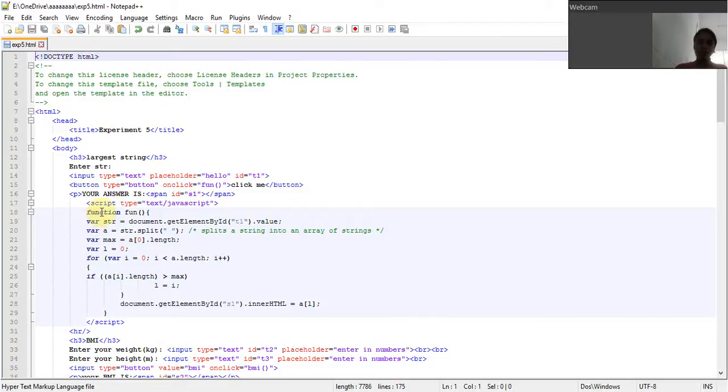The syntax for writing a function is the keyword function and then the function name. In the function, I first get the value entered by the user from the id t1, and then I store it in the variable str, and then use the split function. The split function splits a string into an array of strings, and then I take the length of the array, and then using a for loop, I am checking the greatest